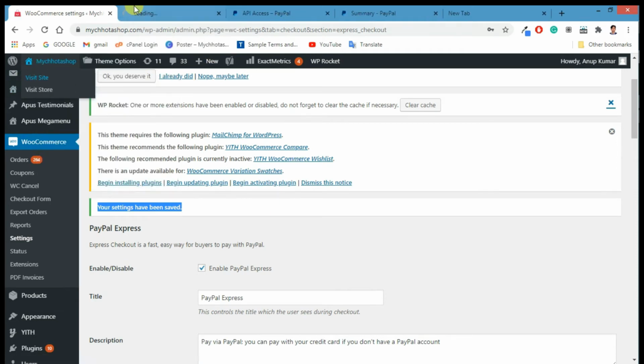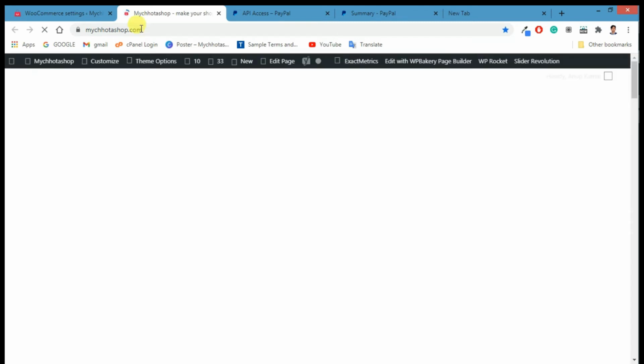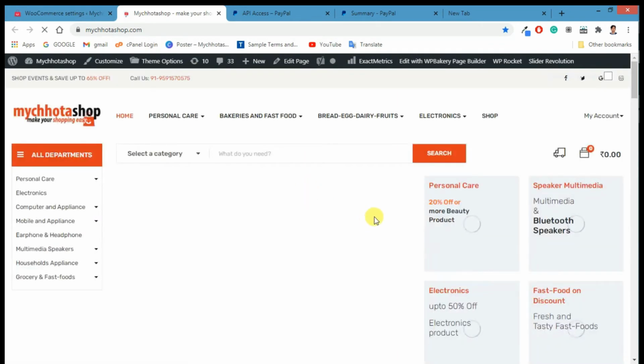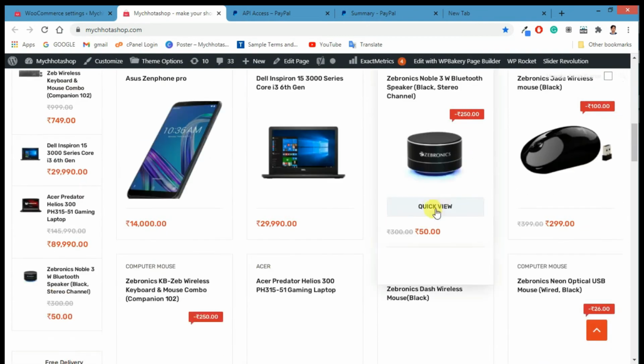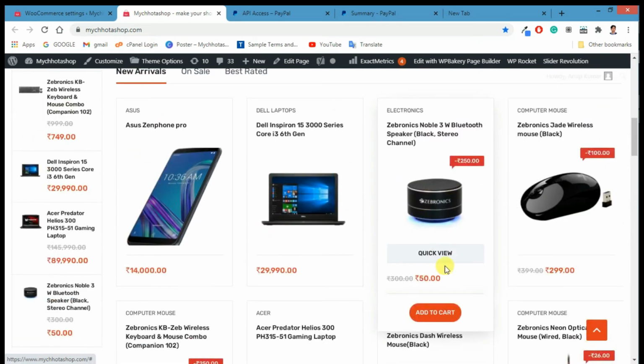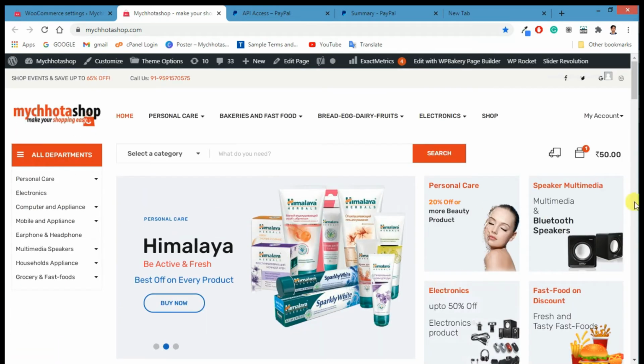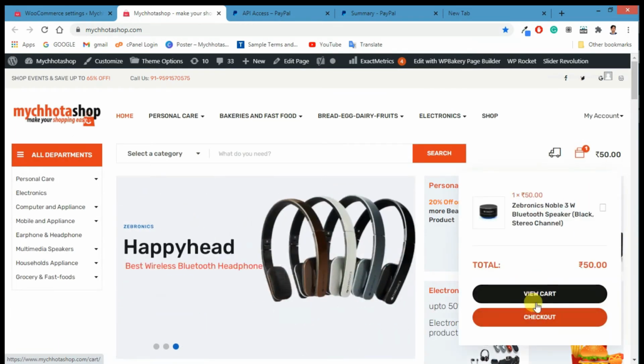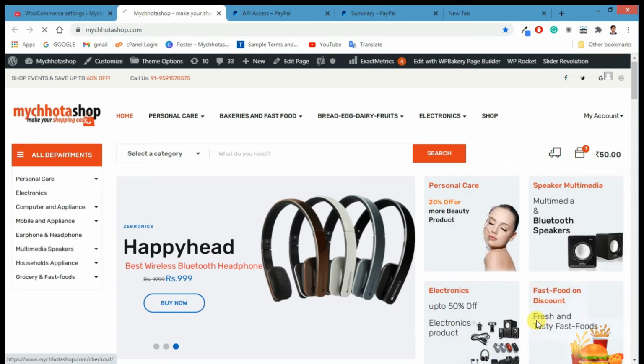So we are done with the setup of your PayPal on WordPress, and now I'm going to place an order using my card, and we'll see whether it is going to work or not. So fine, this is on my website, and I'll go add it. Just for the demo purpose, I have created one product of 50 rupees. See here, I am doing it in INR. So that is the motto of this video: setting up the PayPal payment gateway for INR. Very first, I explained what issues may cause your payment gateway setup to fail.